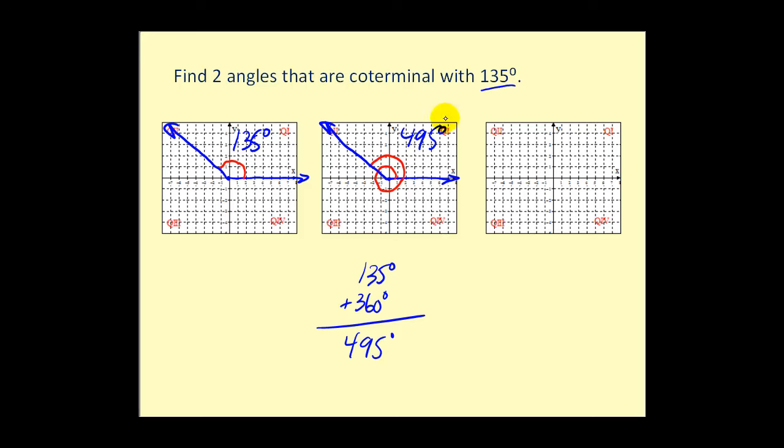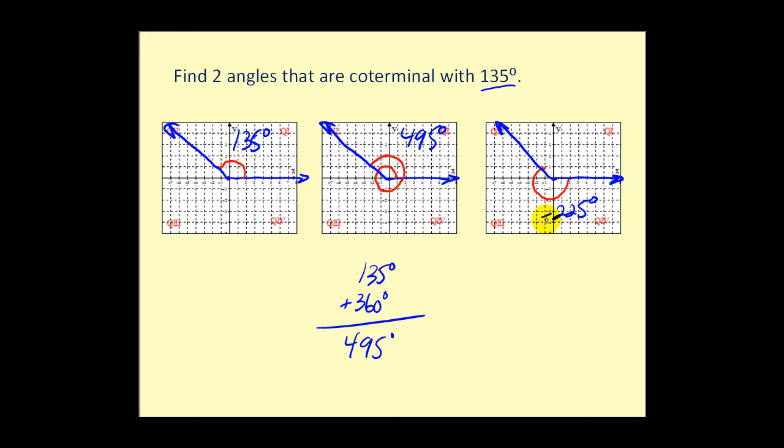Now for the last angle, let's go ahead and find a negative coterminal angle. So what we want to do is, starting with this initial side, we want to rotate clockwise this many degrees. So we want to start here and rotate clockwise over to here. So the question is, what angle would that be? But if we look at it logically, this would be negative 90, negative 180, and then negative 45 degrees more. That would be negative